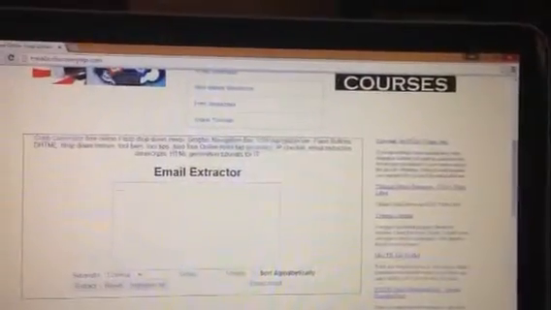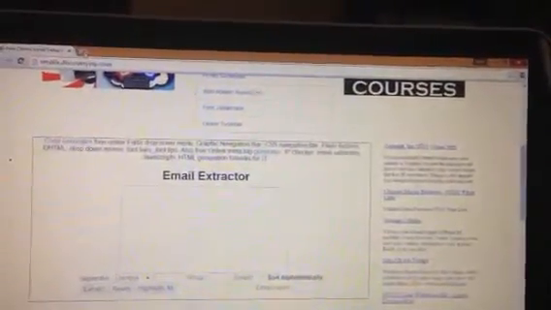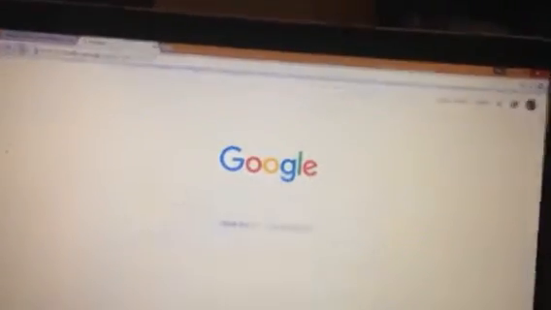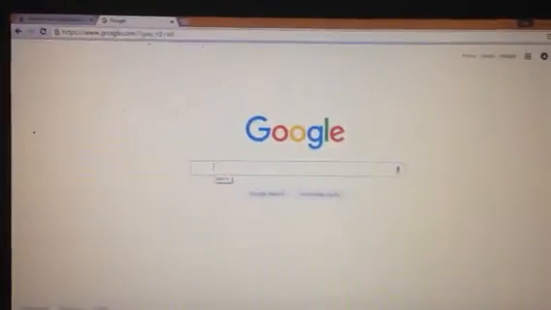So I'll have this email right here and then name, okay, and I'm going to explain this in just a second. What I'd like to do is open a second browser. I'll keep this email extractor open at all times, and I'll go to Google, okay, and it's all about finding the keywords to get you on the right page so you can extract more emails